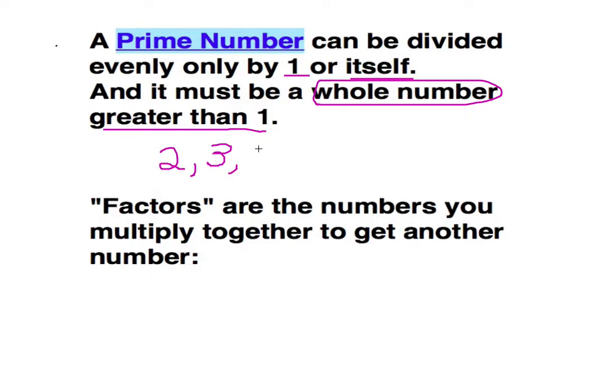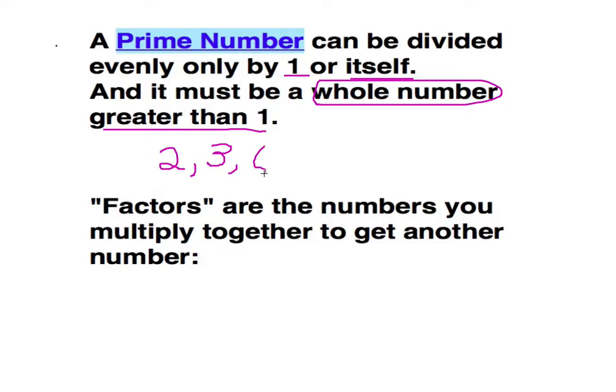And then what about 4? Is 4 a prime number? If you think about it, 4 can be divided by 1. It can be divided by 4, but it can also be divided by 2. From the definition, a prime number can be divided evenly only by 1 or itself. Now apparently there's another number, so obviously 4 is not a prime number. Okay, so we move on